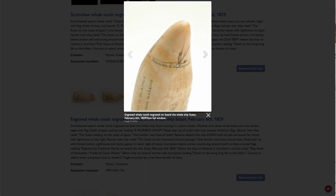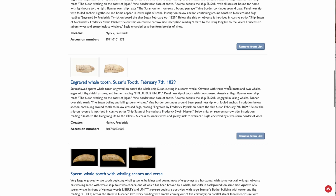And then around the cap, on the backside, you can't see it, is his signature, but here it says February 6th, 1829. And one of the features of Myrick's teeth is that he dated every one of them very exactly. You can see, for example, on this tooth,